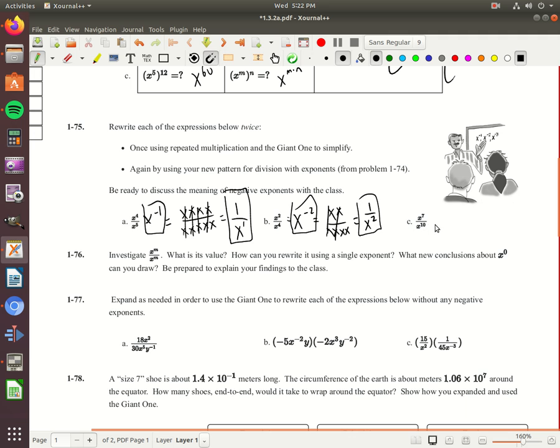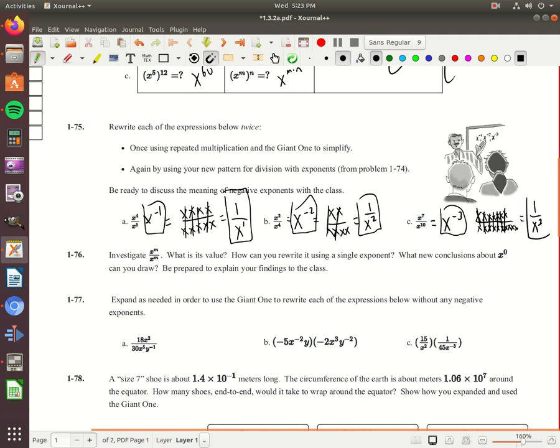How about this one? Hopefully we're already beginning to see the pattern here. 7 minus 10 is negative 3, right? That looks terrible. I'll just rewrite the whole thing. Or what we're going to have is 1, 2, 3, 4, 5, 6, 7 x's over 1, 2, 3, 4, 5, 6, 7, 8, 9, 10 x's. Cancels out. This looks amazing, doesn't it? And I have 1 over x